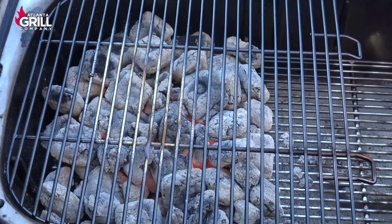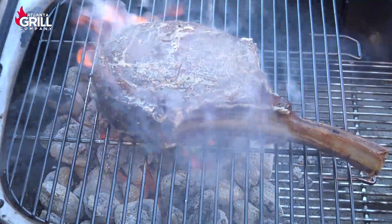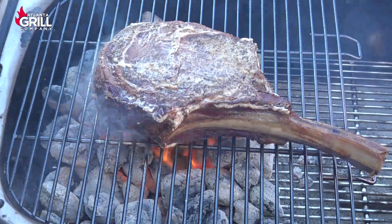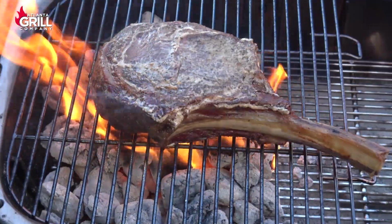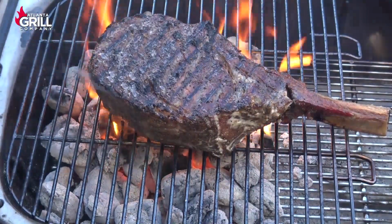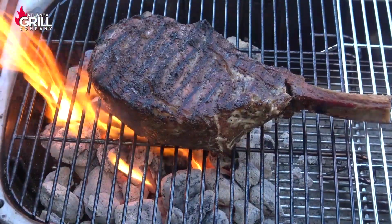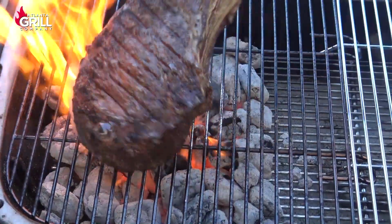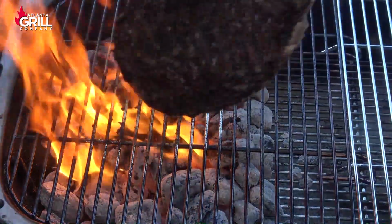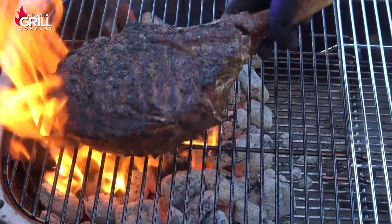So I have a super nice hot bed of coals here on the PK grill, so we're going to get started. We're going to lay that guy on there, we're going to sear it, and we're going to keep it moving. We're not going to let it sit still very long. We'll give this guy a flip. Like I said, it does not take long to finish this off once it has already cooked. So we're going to go ahead and give it another flip. Just like I said, we'll keep it turning, and we'll hit it again, and we'll flip it again,